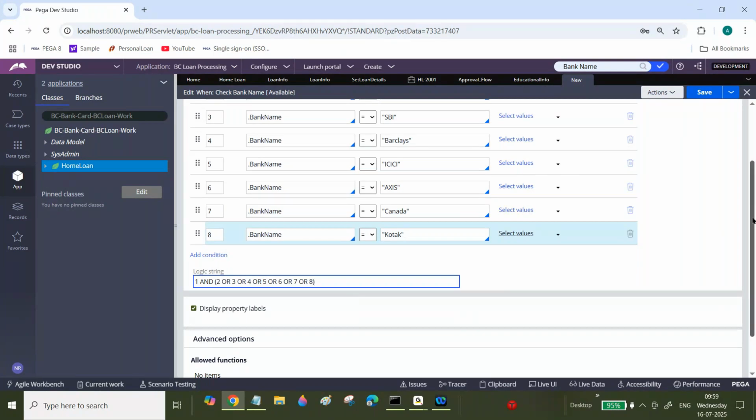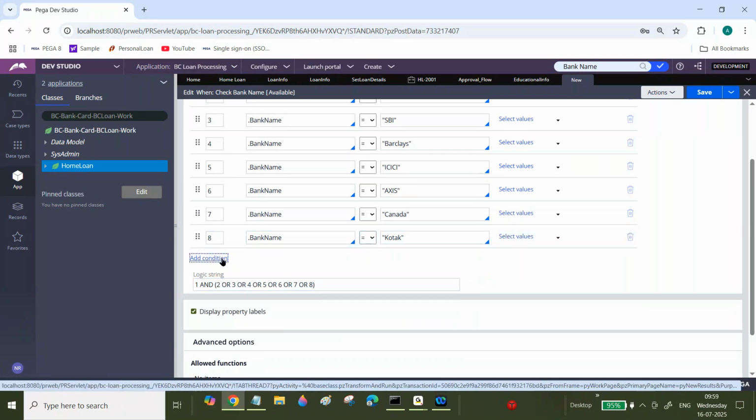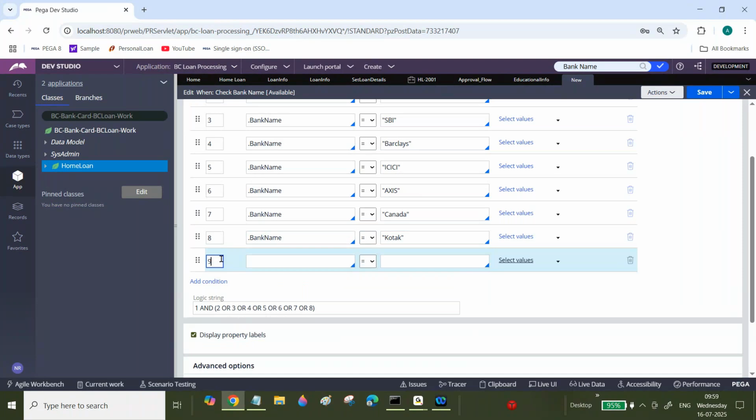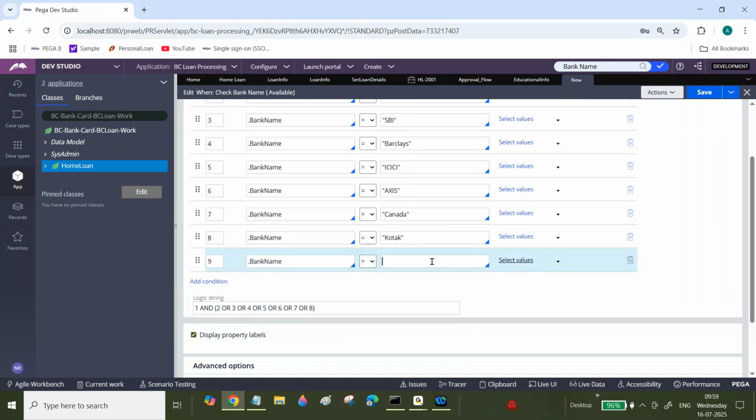Sir, you can add multiple. In case in future they want to include one more bank, they can include one more bank here. Now they want to include one more bank, nine, select this one, and here you can enter